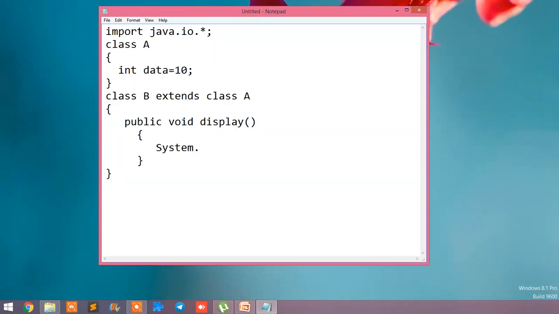System.out.println, value of data, or we can simply write "value is equal to" plus data. Okay, fine. So we have completed our function here, and we are saving this. Okay,